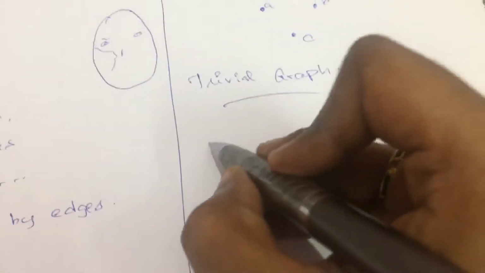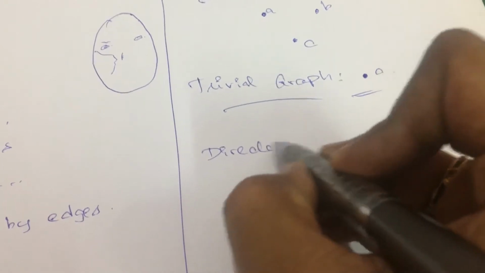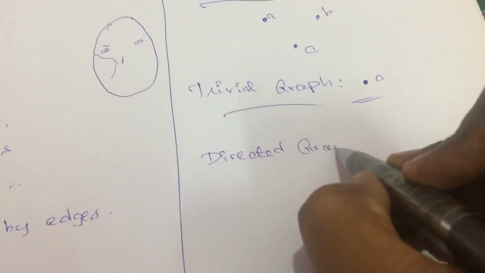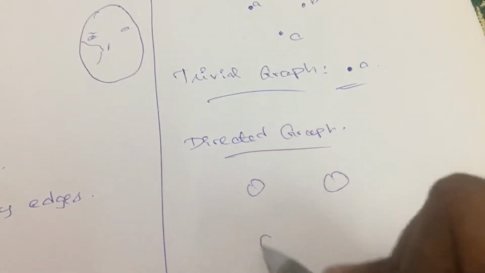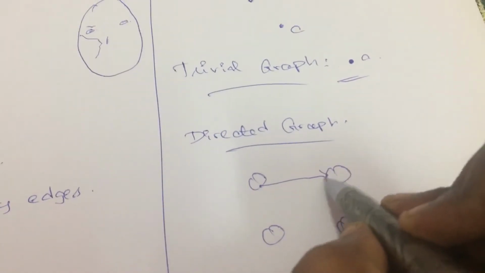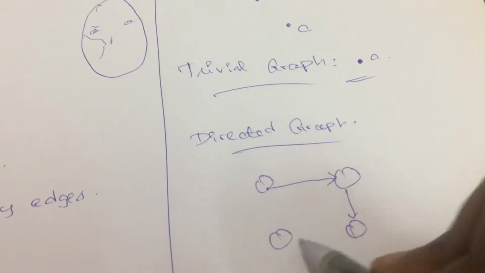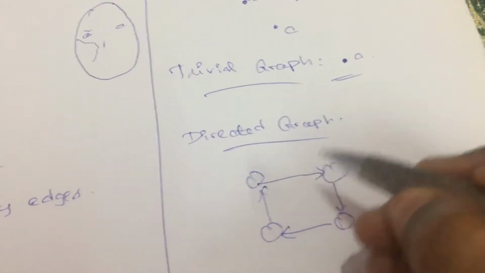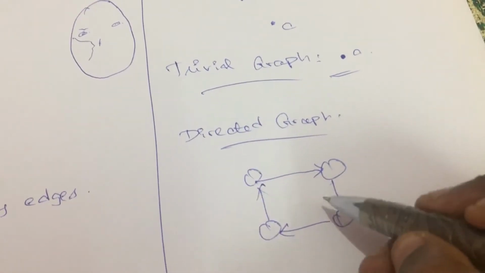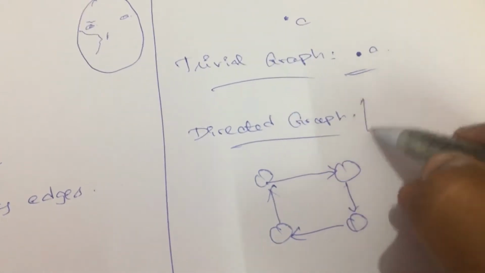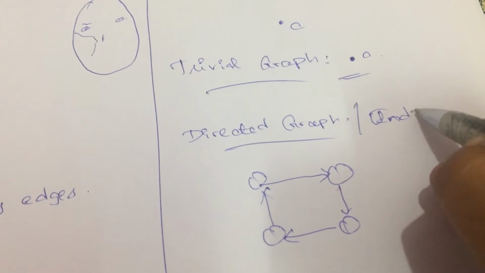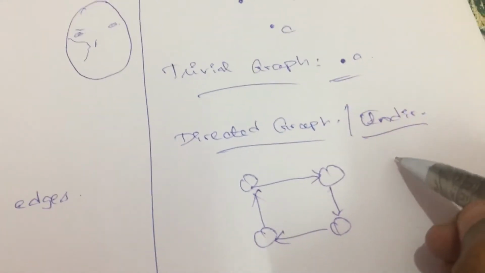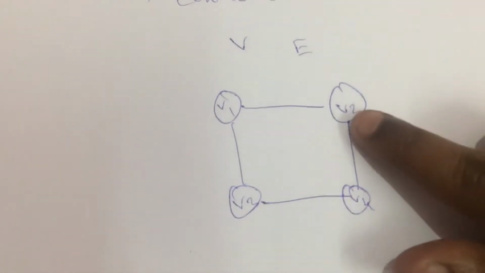Followed by this we have something called a directed graph. A directed graph is a graph whose edges are connected with the direction also marked, right? So here we have a graph in a directed way, and there is an opposite one for this, which is the undirected graph, right? So you can say this is an undirected graph.